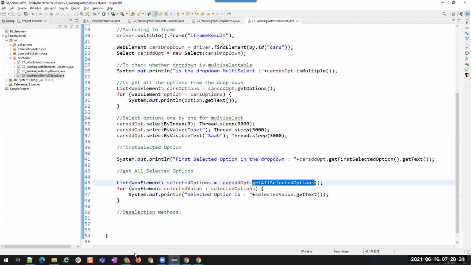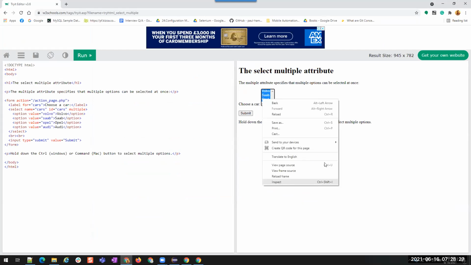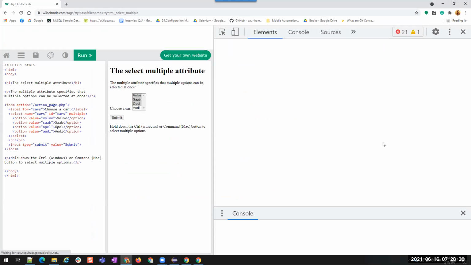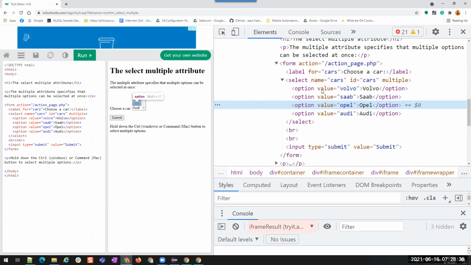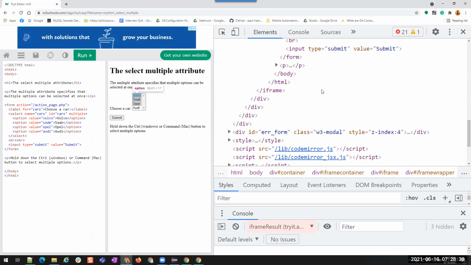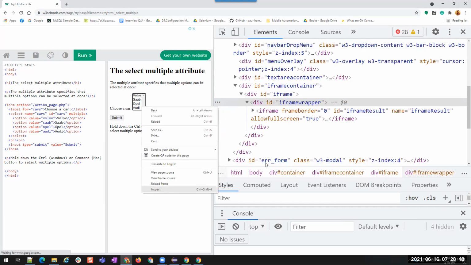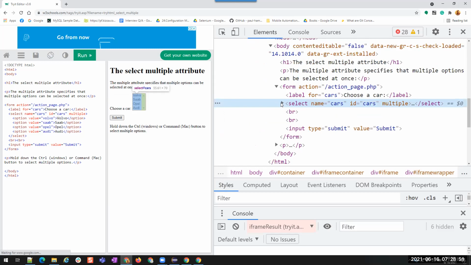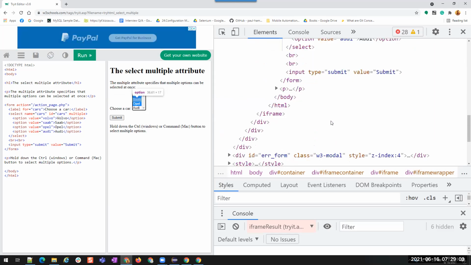How is it getting that? How is it differentiating whether this is selected or not? Once you select the values, let me show you. You observe the HTML content here. Actually, it should show something like selected, selected, selected, but it is not showing.